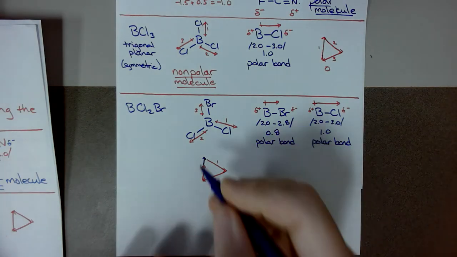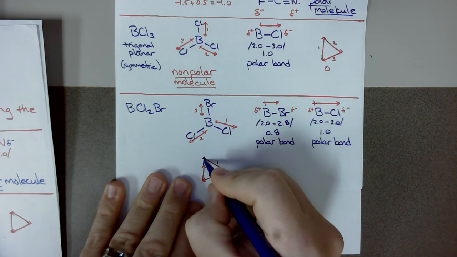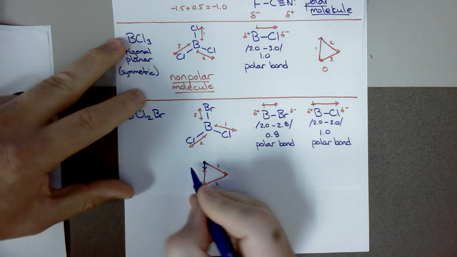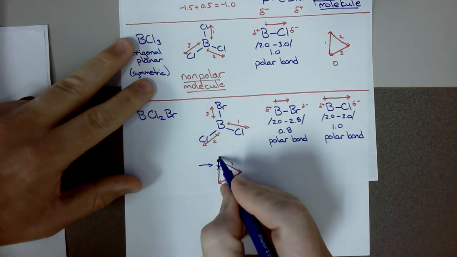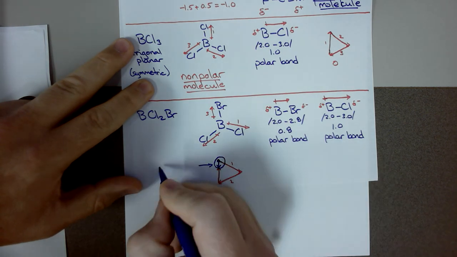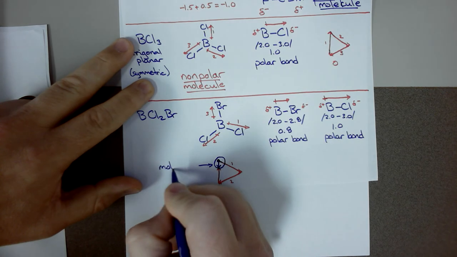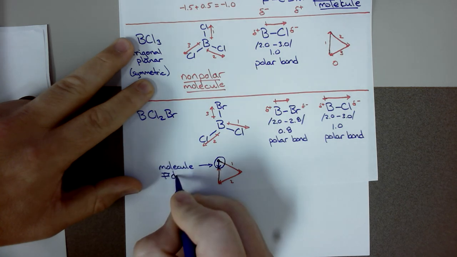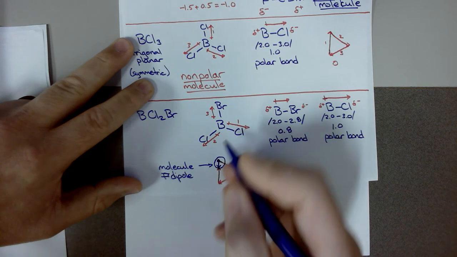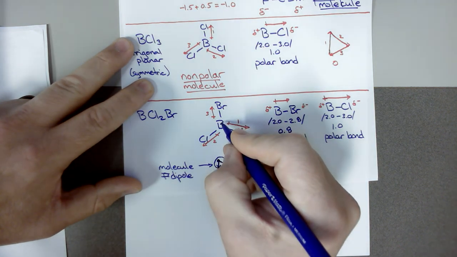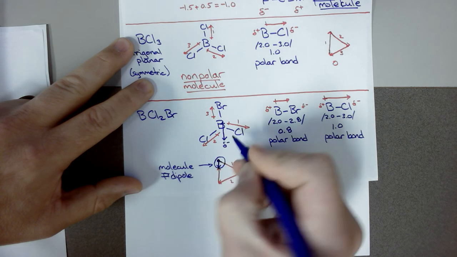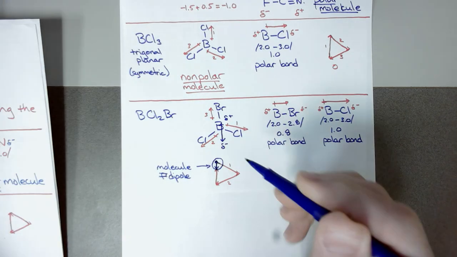I'm sorry, the other way around. The vector would go down because you start from the point and you go down. And so this is the dipole moment of the molecule. That little bit right there is the dipole moment of the molecule. So when I draw that, the dipole moment would be here, and we start from the boron and we go down like this. So this blue one here, we have the partial negative and the partial positive. So this is a polar molecule